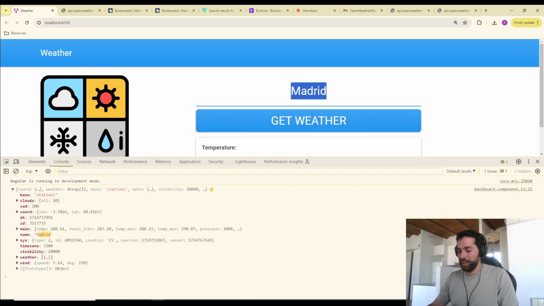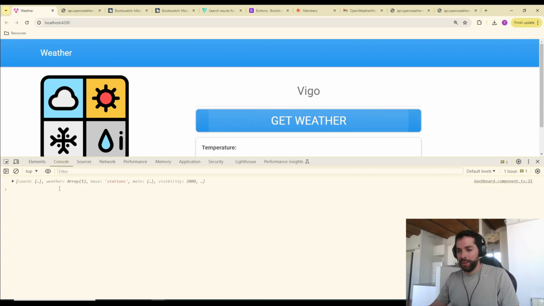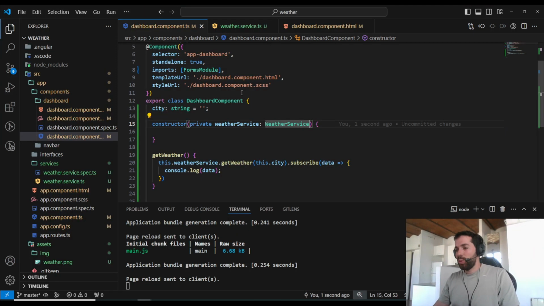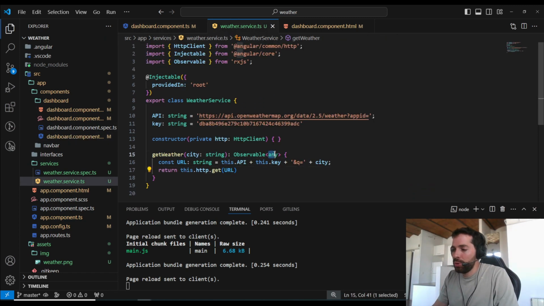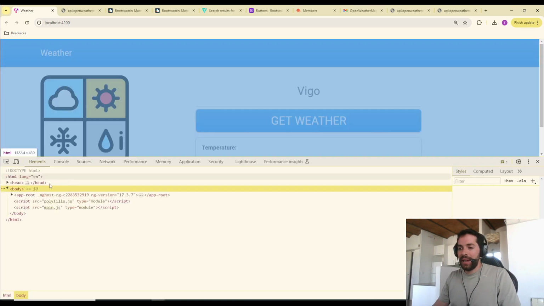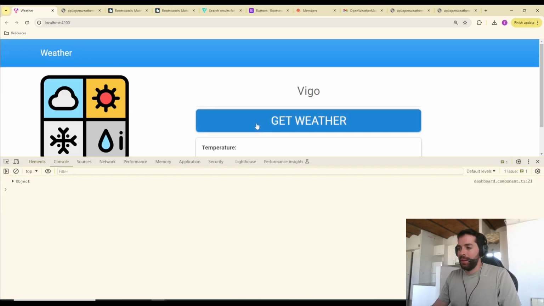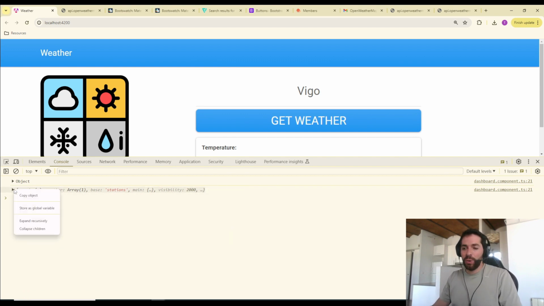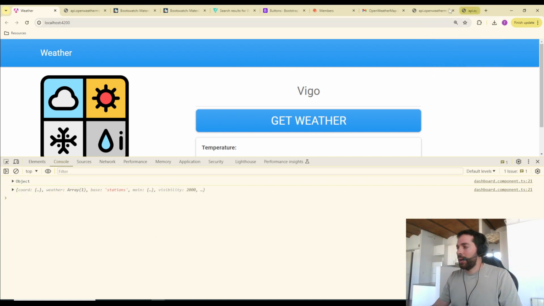If you put something like Vigo, you can see that here we have information about Vigo. But there is one thing that I don't like. You need to always avoid using the type any. But this is a big object, and I don't have the energy to type it manually. So one thing that you can do is copy this object, and you can